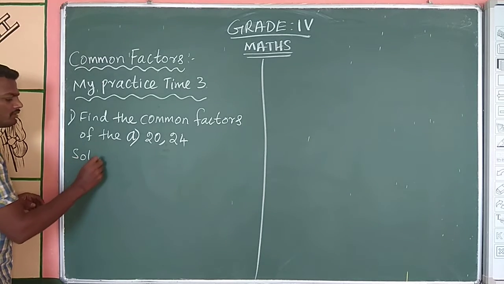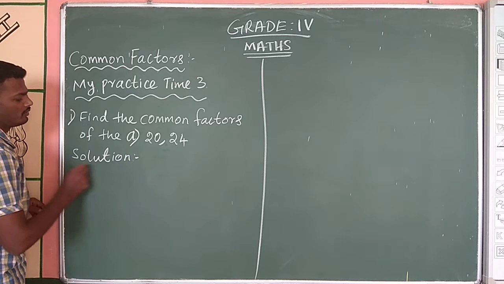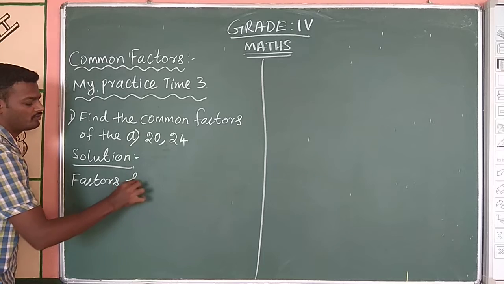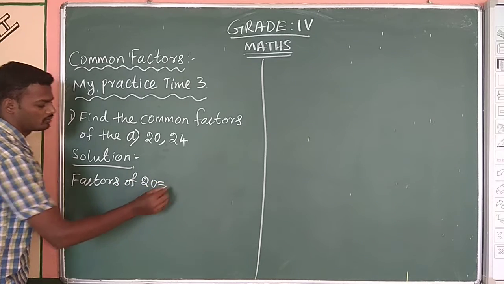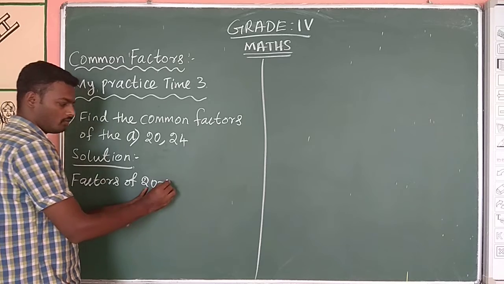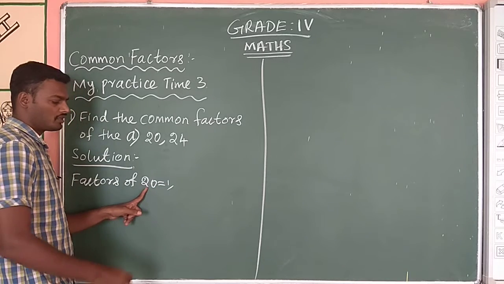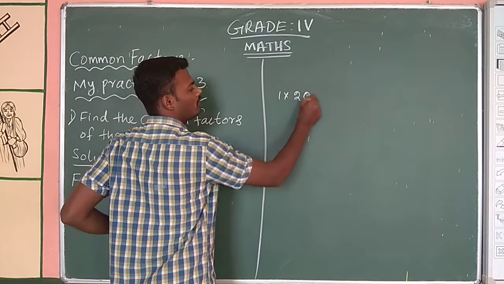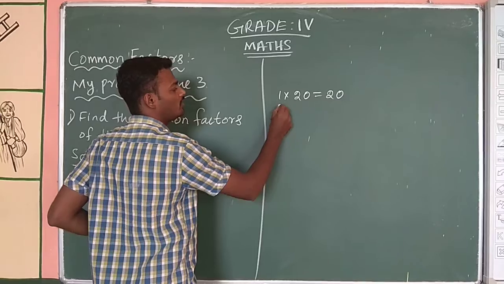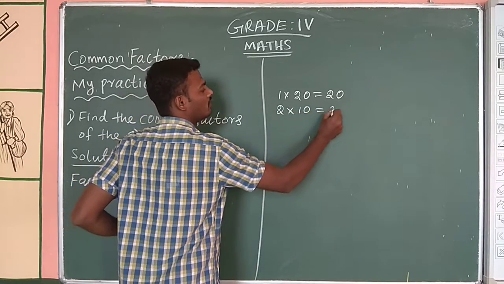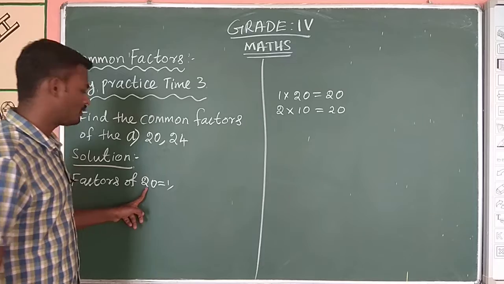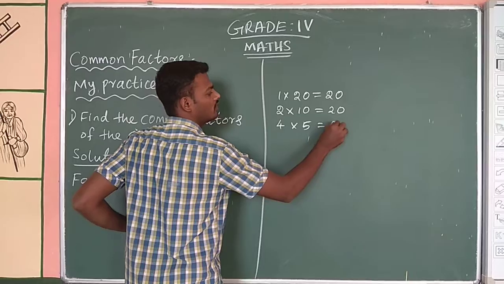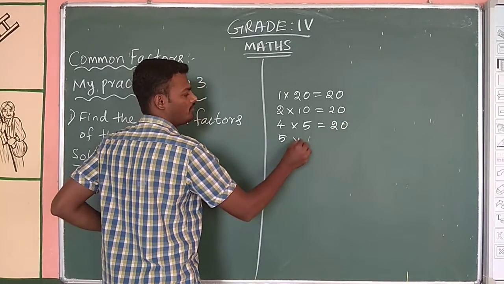First solution. Factors of 20. 20 comes in the first table, 1 20s are 20. 20 comes in the second table, 2 10s are 20. In the third table, 20 does not come. Next, fourth table, 4 5s are 20. Next, fifth table, 5 4s are